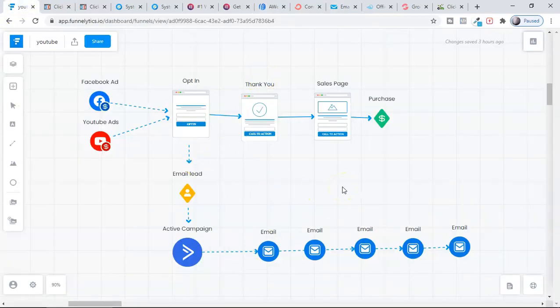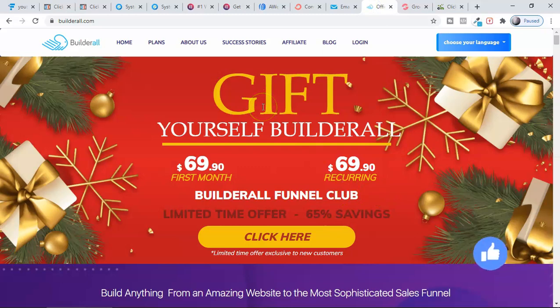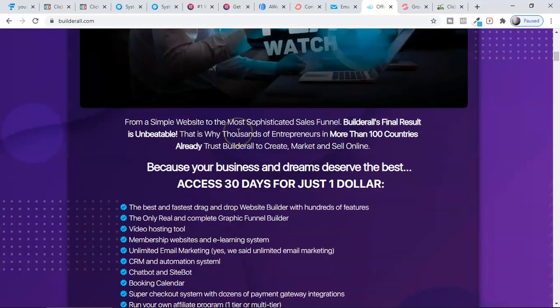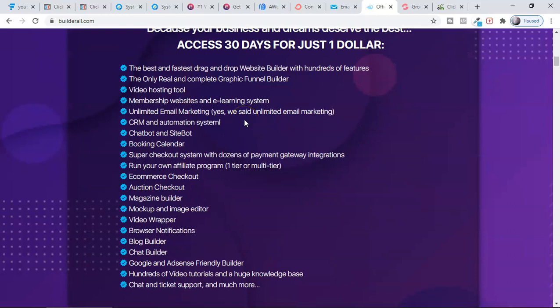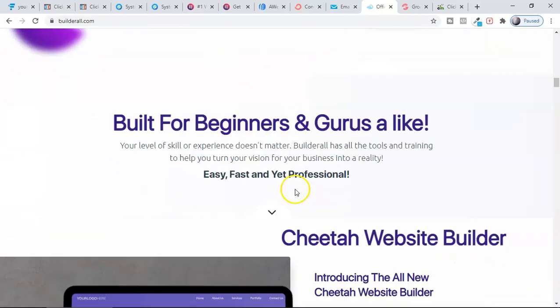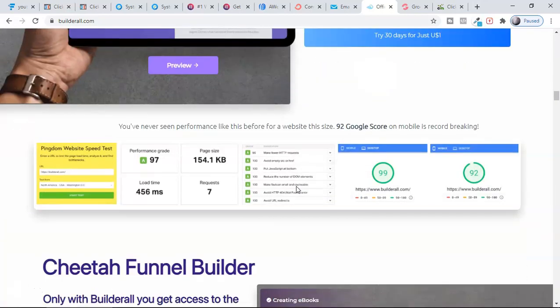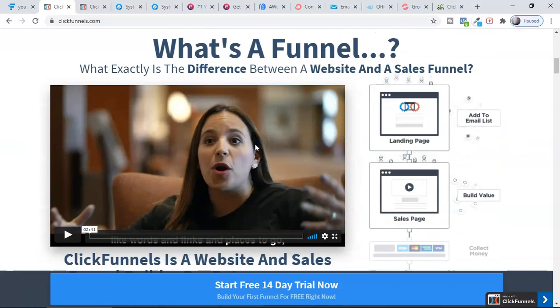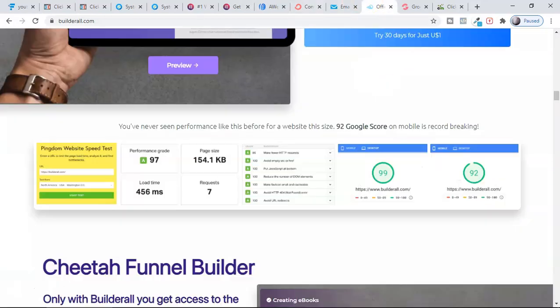Okay, so now you have both of these software. Let me show you an all-in-one software like Builderall. Here you can see this, guys. Builderall is an amazing software, which is right now not free, but it's $69 for Christmas, this is an offer. If you grab this offer, you can create a sales funnel, you can create a landing page, you can do email marketing. So if you want to take your affiliate marketing journey to the next level, then Builderall is one software where you can keep your entire business. Okay, so you don't need to integrate with anything. If you're using ClickFunnels, you have to use email marketing software, right? You have to integrate it. But with Builderall, you don't need to do any integration.